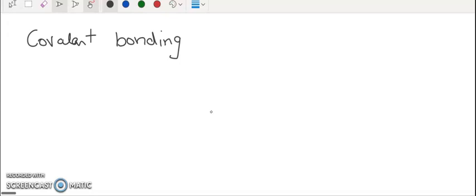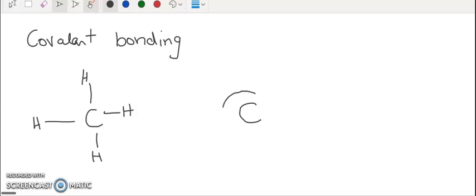So let's take a look at carbon and hydrogen. I'm sure you would have seen this type of structure before, CH4. Now, another way to represent this is how covalent bonding works. So, we know that carbon has four electrons in its outermost shell. So, in covalent bonding, we usually show only the outer electrons. So, we've got carbon here